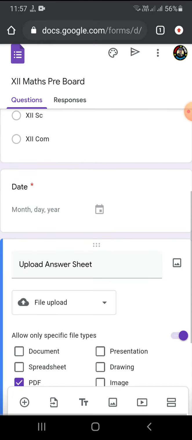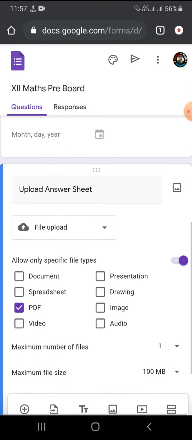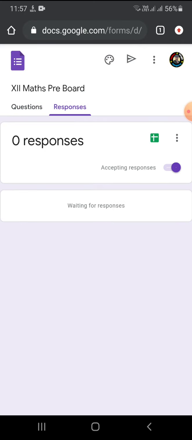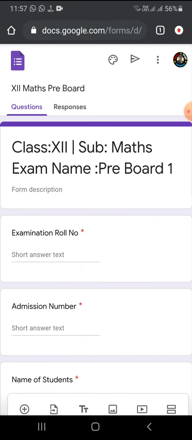The next time, whenever you get any response, you have to click on the response button, and you will see the responses here. So just after putting in some response, I'm going to